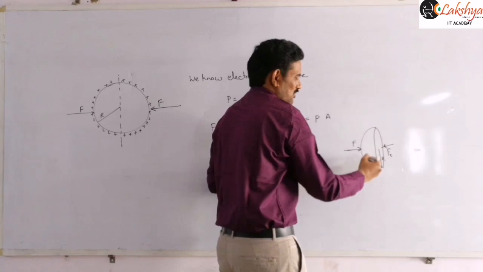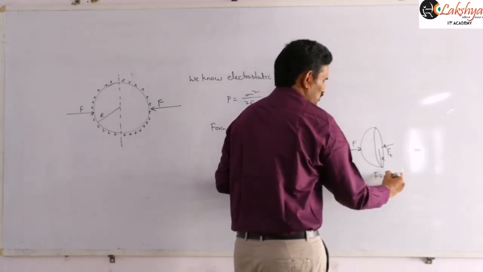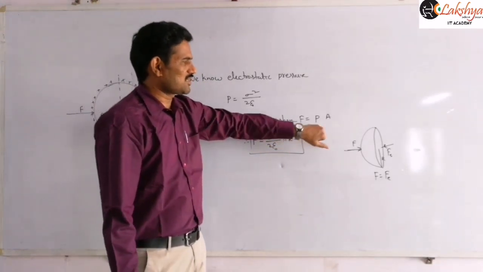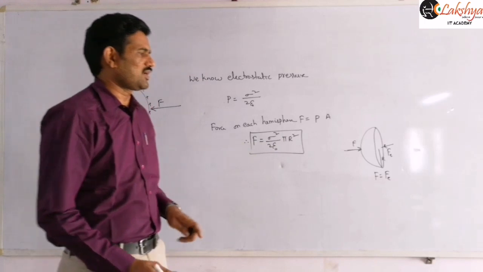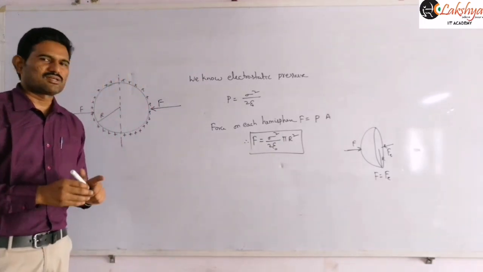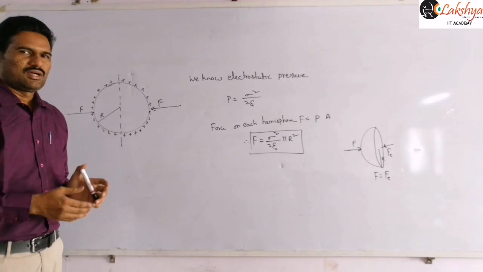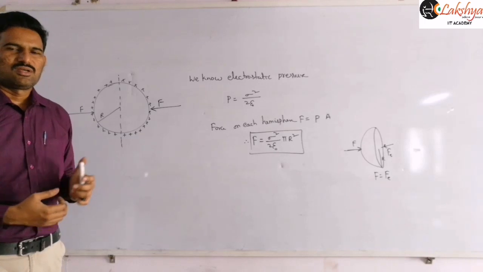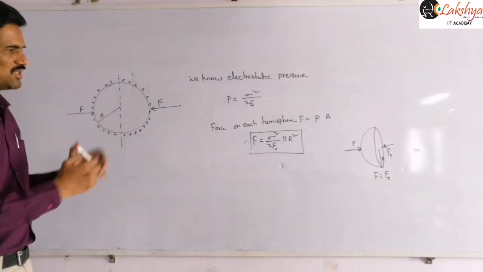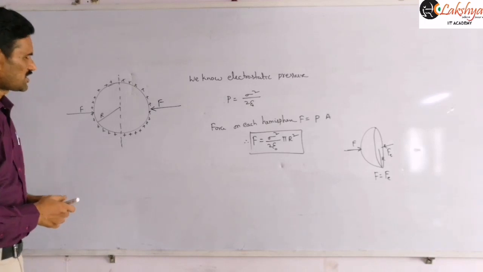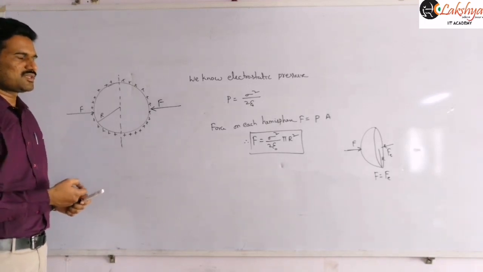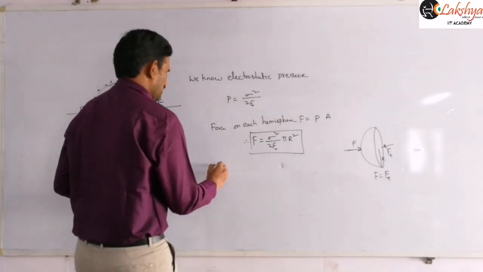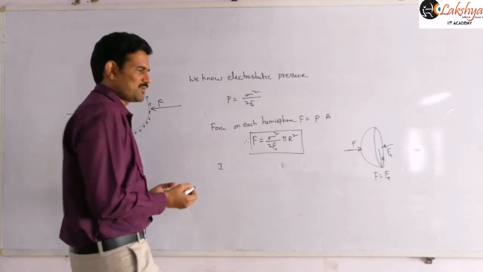Now in equilibrium these two are equal. The applied force should be equal to this electrostatic force, which is our formula for electrostatic force, with A equal to pi r square. If you solve this using integration, it will be a lengthy calculation. Just by taking the projection you can calculate it easily. Sometimes instead of giving sigma, the charge q may be given.